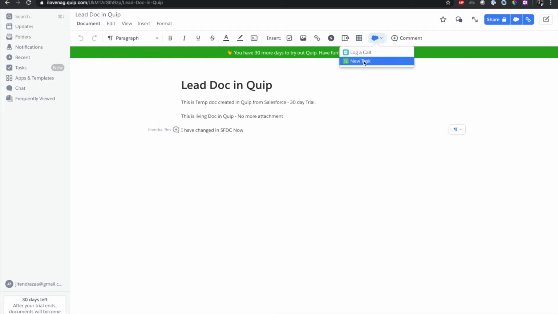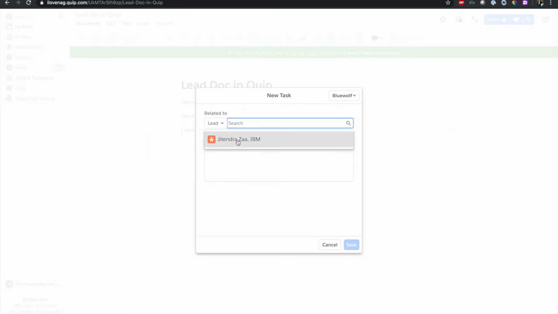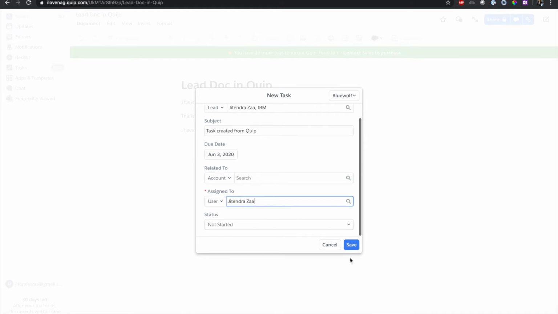If you have integrated with Salesforce, you see that icon. Let's create a new task against the lead, provide a subject like "task created from Quip", and update some information like whom this task is assigned to, what the status is, and so on.